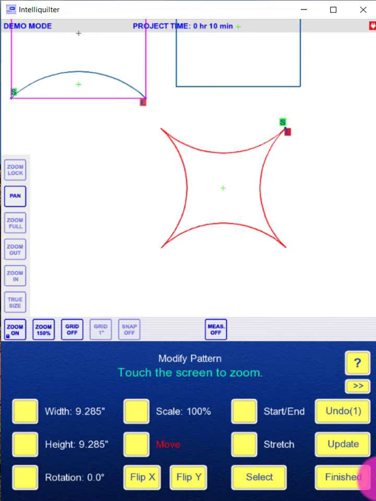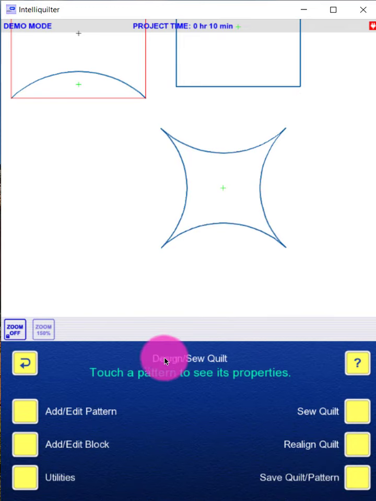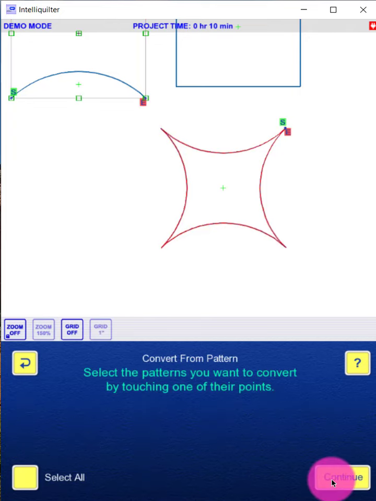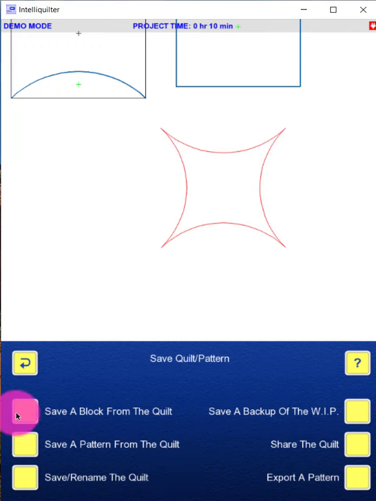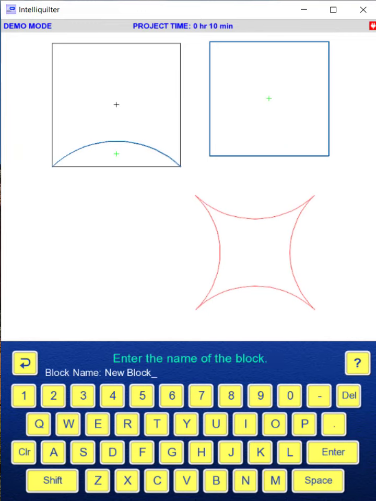And so if I want that to be a block, I'm going to go out of the Add Edit Pattern screen and go to the Add Edit Block screen. I'm going to say Pattern to Block and click on that and continue and finished. And now if I want to save that block to use over and over again, I'm going to go to Save Quilt / Pattern and select Save a Block from the quilt, and it's this one, and continue, and then you're going to give it a name, or whatever you want it to be,